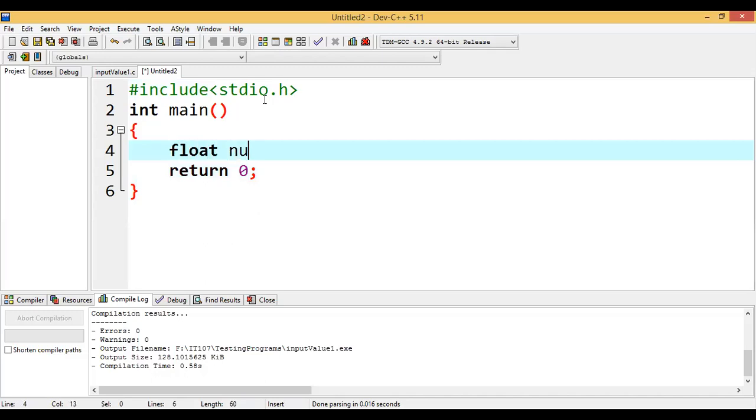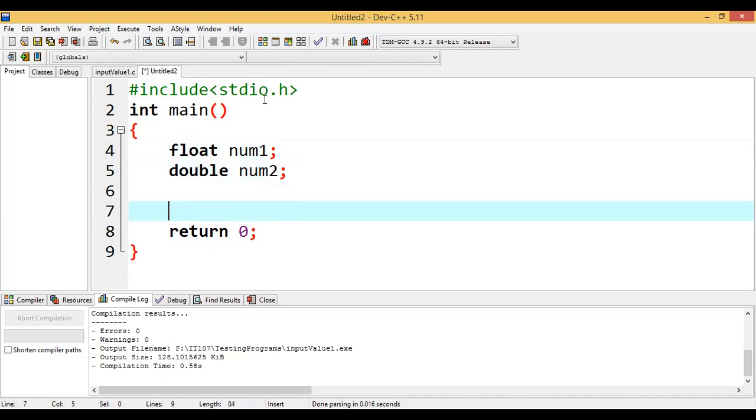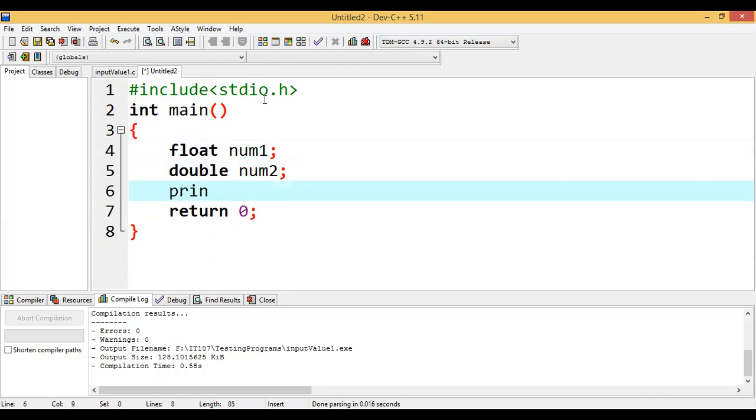Then I have to create two variables. One is float, say float number 1, and the other one is say double number 2, right? Then I'll print the message, say printf, right? So first of all, I'm going to take the input for number one, right? So therefore here you can say enter value for